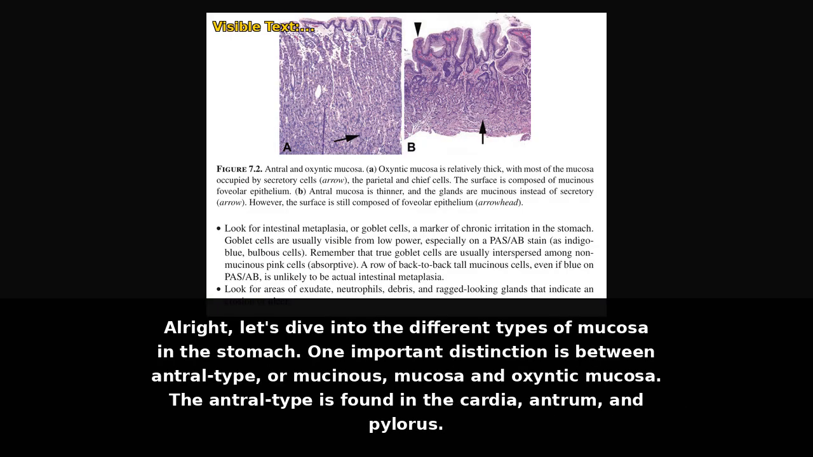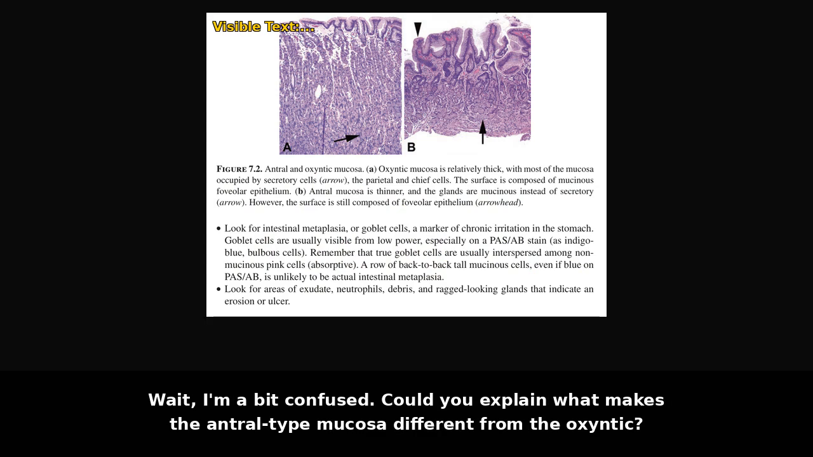All right, let's dive into the different types of mucosa in the stomach. One important distinction is between antral type or mucinous mucosa and oxyntic mucosa. The antral type is found in the cardia, antrum, and pylorus. Wait, I'm a bit confused. Could you explain what makes the antral type mucosa